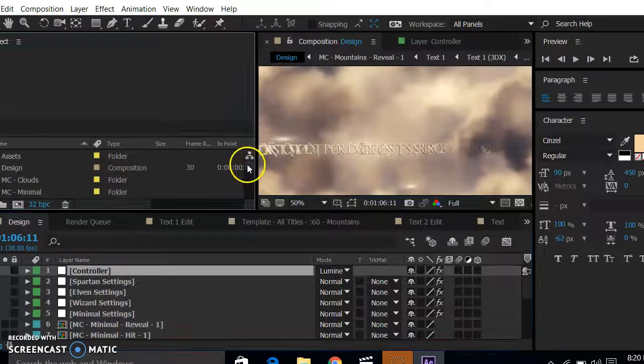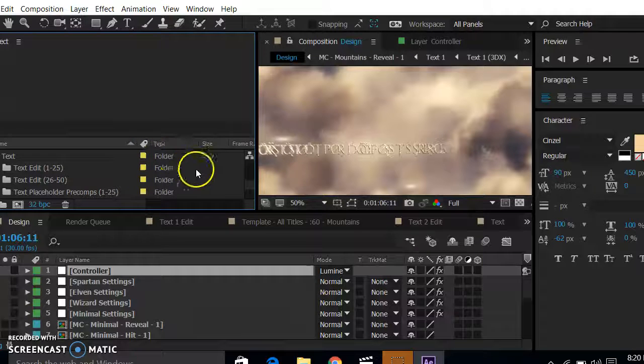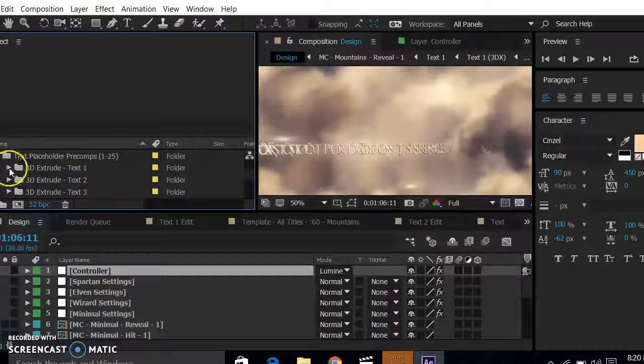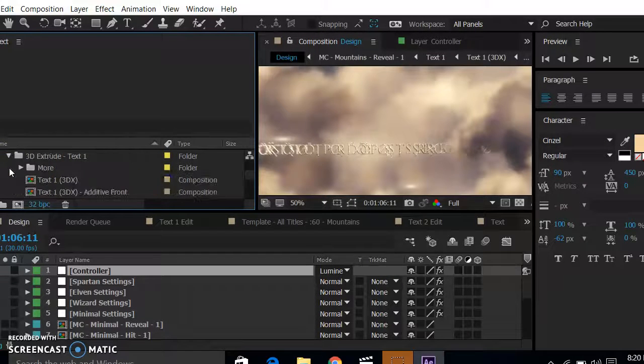But let's have a look at the text, for example. You said go to the text files, right? Go to the text pre-comps. So I'll show you that. Right, 1 to 25. And then go to extrude. So I want to extrude text 1. And if you look here, there's nothing underneath that which says edit, according to the video that you sent. Okay, number 1. So